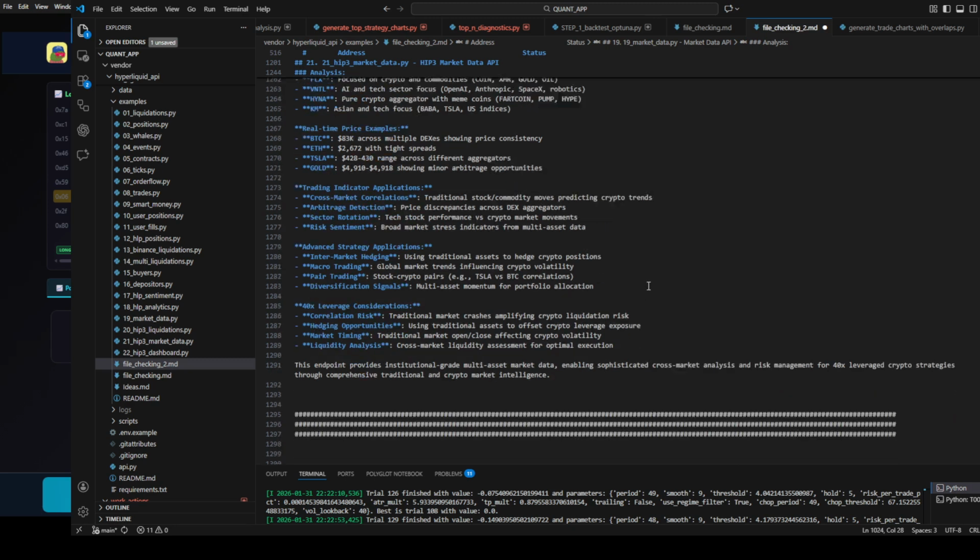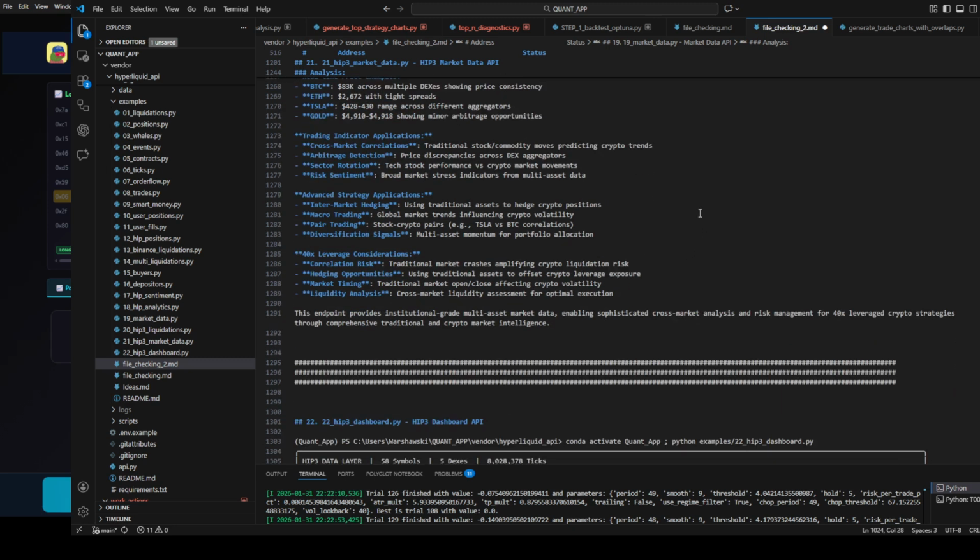Then advanced strategy applications: intermarket hedging, using traditional assets to hedge crypto positions,